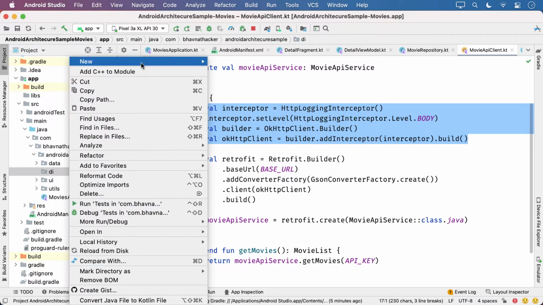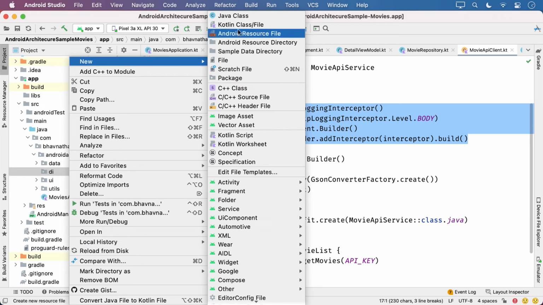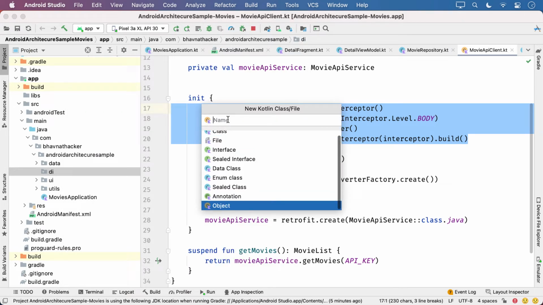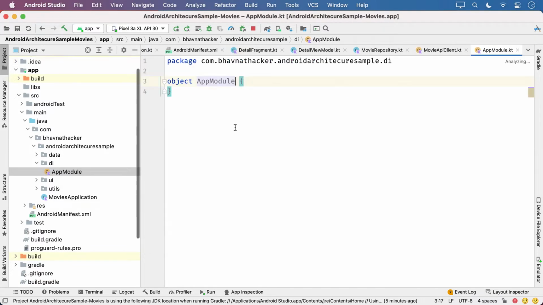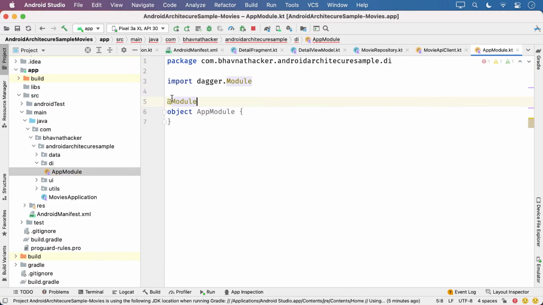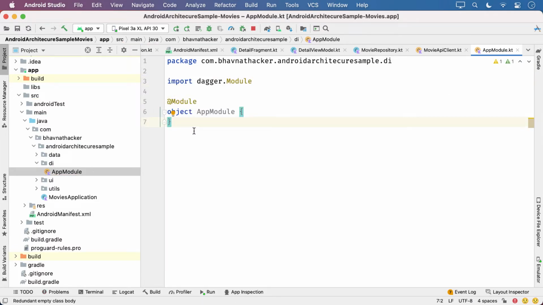And here I'm going to create an object named AppModule. Annotate it with the @Module annotation. So this tells Hilt that it is a module.